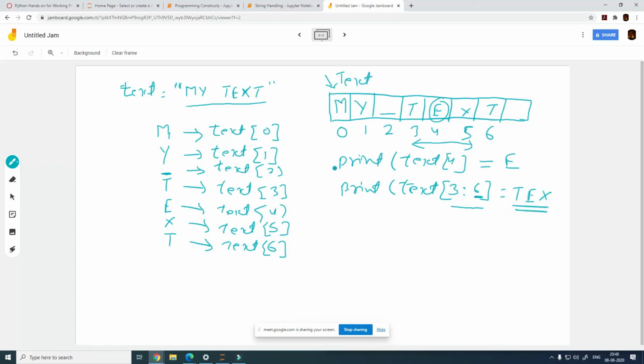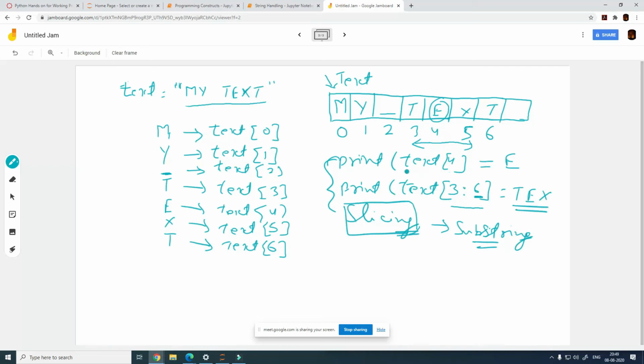Now this is what we mean by slicing. Slicing the text means we can print a substring as well. A smaller chunk of the string is something that we can fetch using slicing.